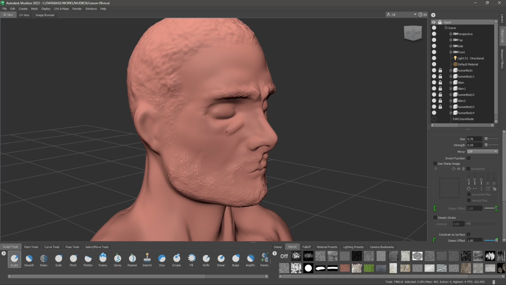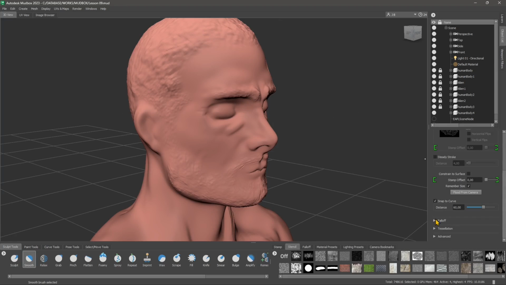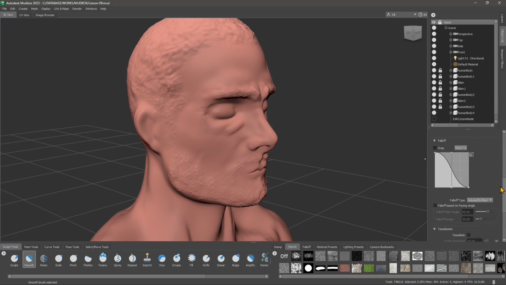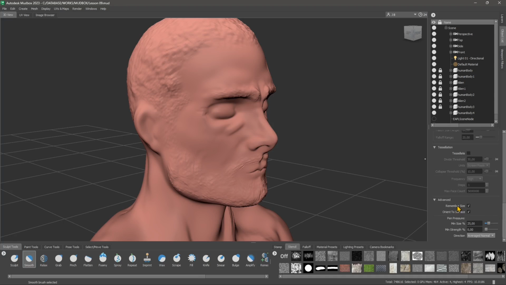Again, if I want to work on this level of detail, I can continue to add parts of the topology here of the face. So now let's use some parameters. We also saw how we can use tessellation and some advanced features, and always remember to set the size parameter, every time that you go back and forth with the different tools, like we talked about how frequently we use the smooth,